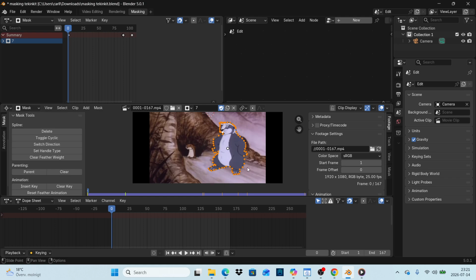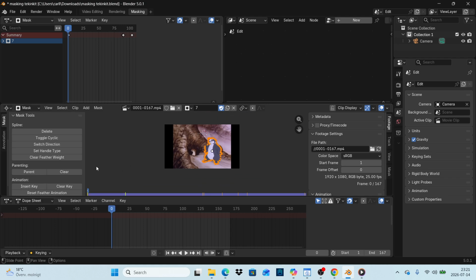Then you make a mask and change it around here, so control left click and then joining these two. If you want to join these two and make it a whole, like so, Alt C. Then you click A and select all, and you insert a